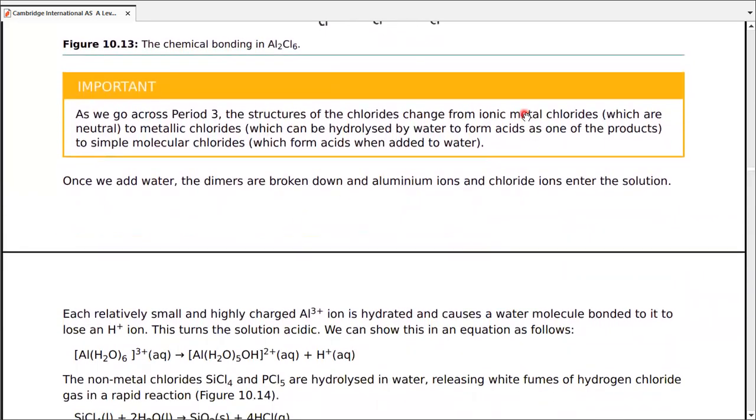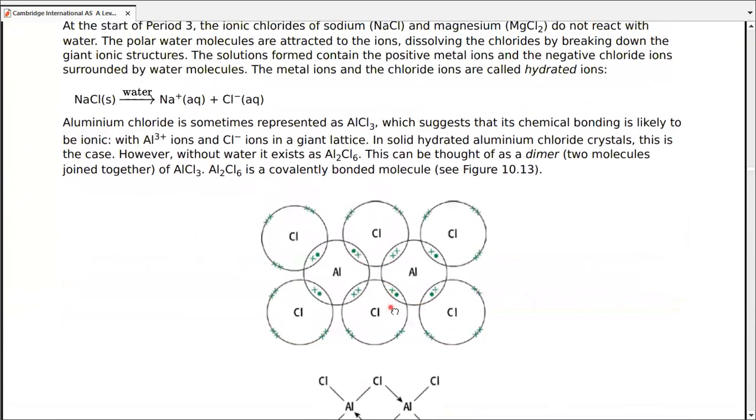Okay. So the ionic metal chlorides: sodium and magnesium. Metallic chlorides hydrolyzed by water: aluminum. Simple molecular chlorides: phosphorus or silicon or sulfur, all of them. Okay, so I hope this is pretty clear. However,